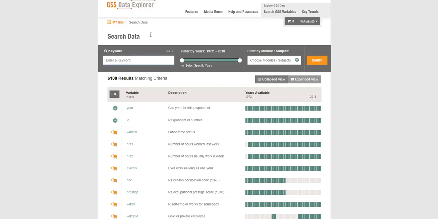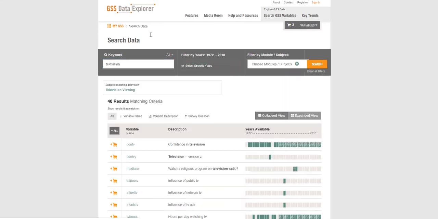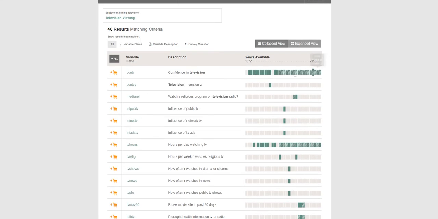You can also do a search. So for instance, let's search for television and see what was on the survey. So if we look at questions that are asked pretty much every year, one of them is confidence in television. And this question asks people to, given the name of some institutions in the country, rate how confident they are. Either do they have a great deal of confidence, only some confidence, or hardly any confidence at all. So if you click on that one,